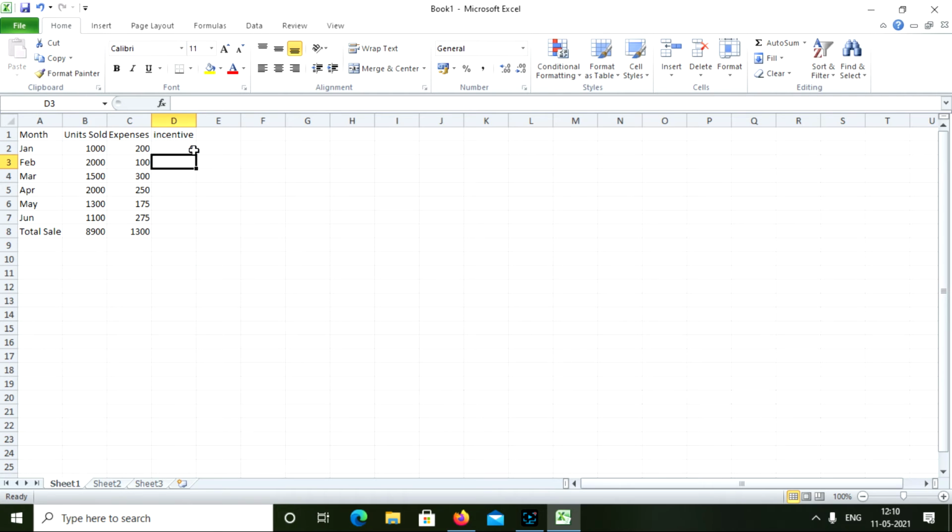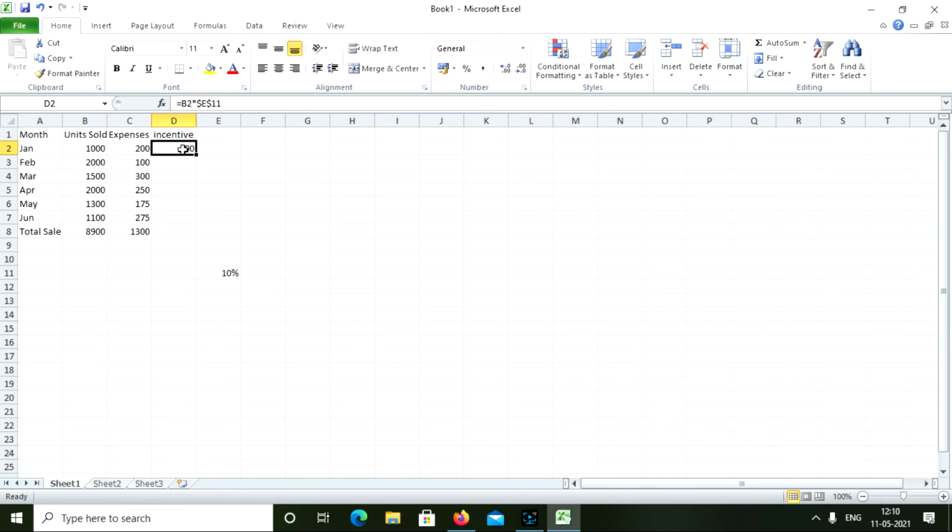So 0, because we don't have any value in the cell E11. Now suppose we have E11, so we are providing the incentive percentage 10%.